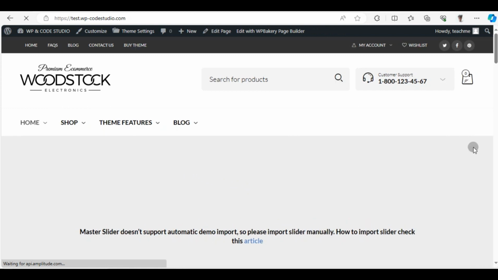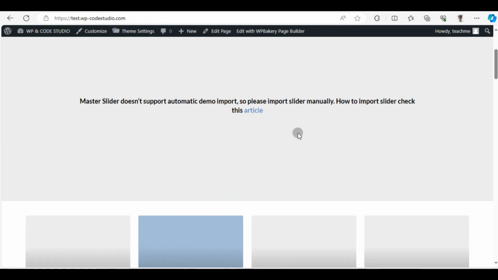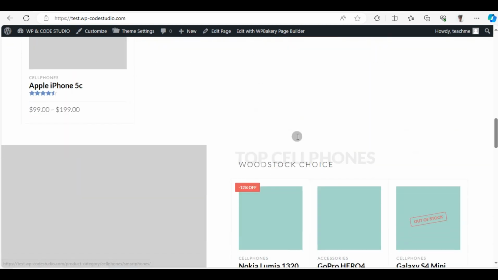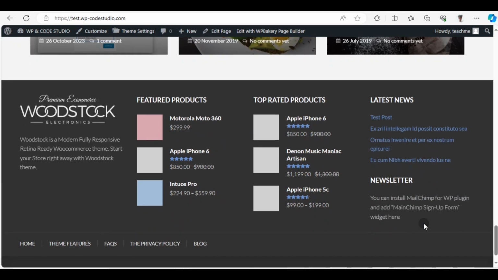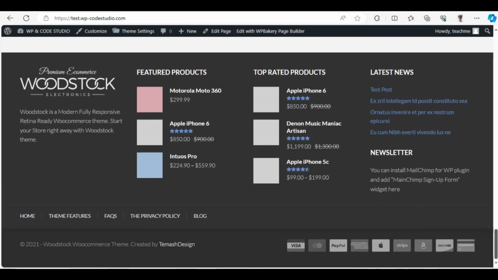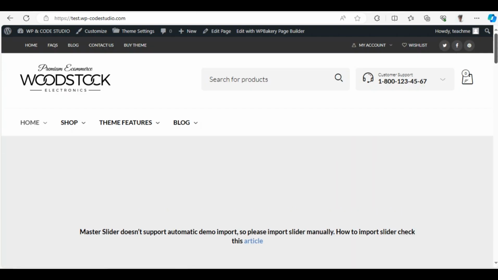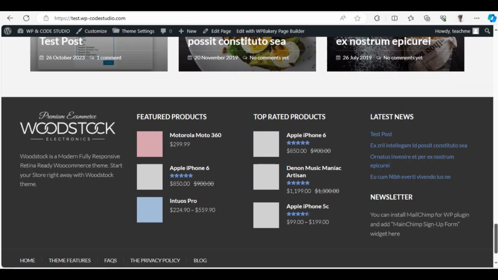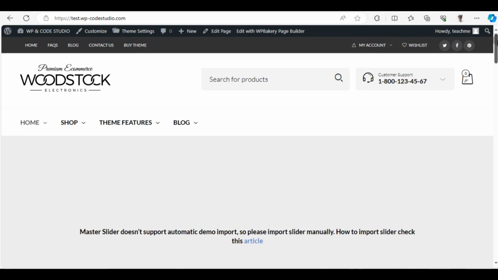Now we are on our website, but unfortunately we can't see any of the product features or background slider images. I don't know why it's happening, but I think it's good for us because we can learn something more. So guys, don't worry about these issues, because in our next lesson I will show you how to fix this issue,